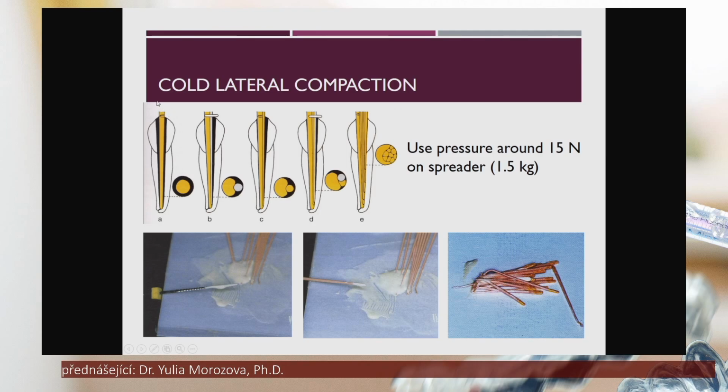And if this length after marking is longer, it means that we don't have an apical seat and our master apical cone is extruded, so we should reshape this apical seat. But if, after checking the master apical cone, the length that we marked on this cone is the same as the working length, it means that we were successful, and then we can start to fill